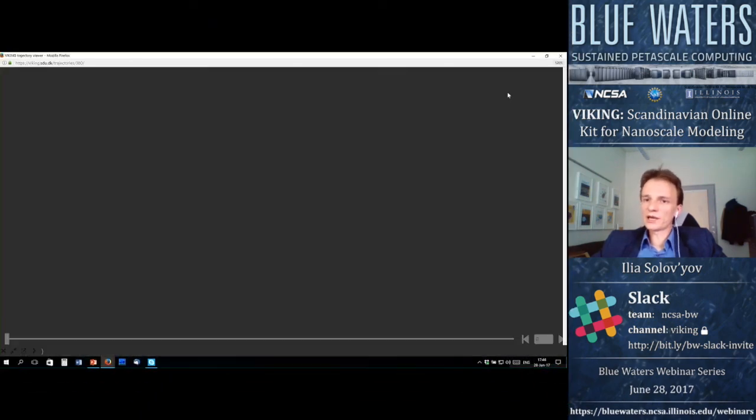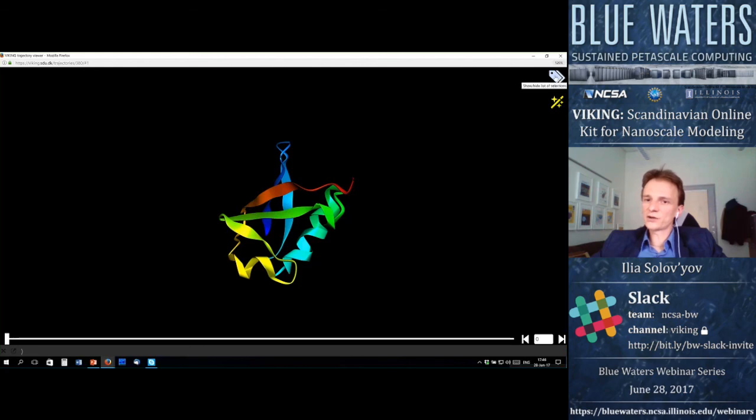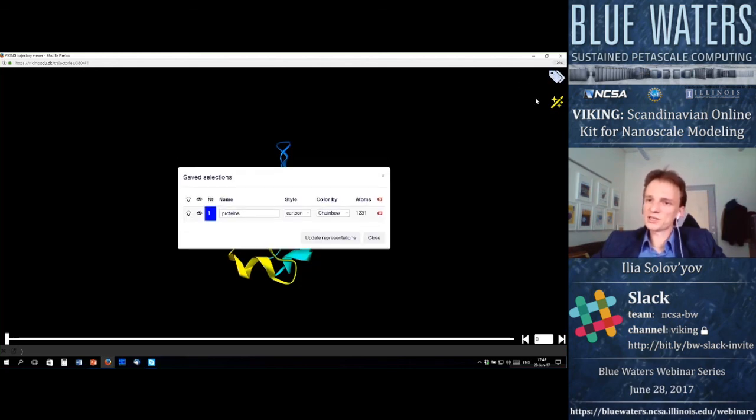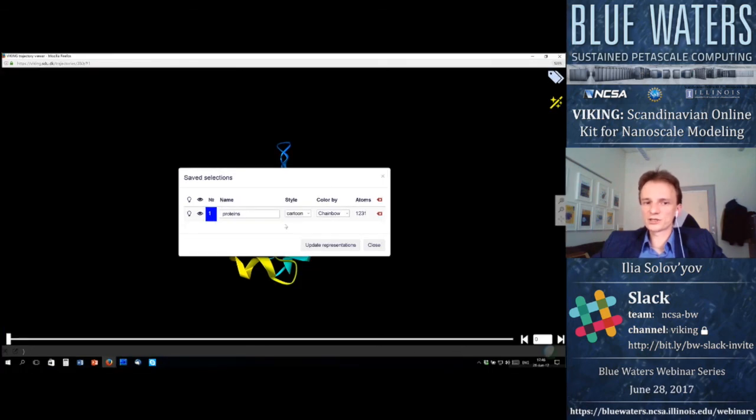So basically, Viking also analyzes the different components of the system that you're studying. In this case, if I change representations, it would just show proteins, because this was the only component that was simulated here. It's also possible to show the protein in a different representation, like, for example, balls and sticks, which will allow you to see the protein in